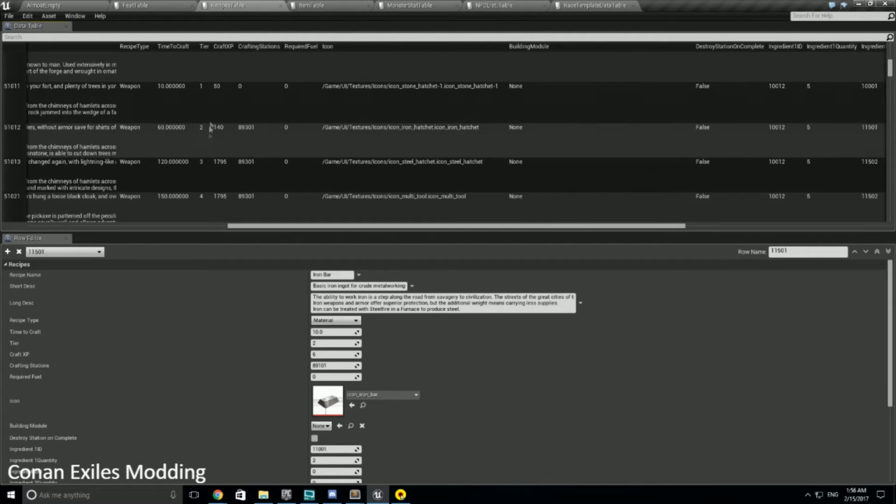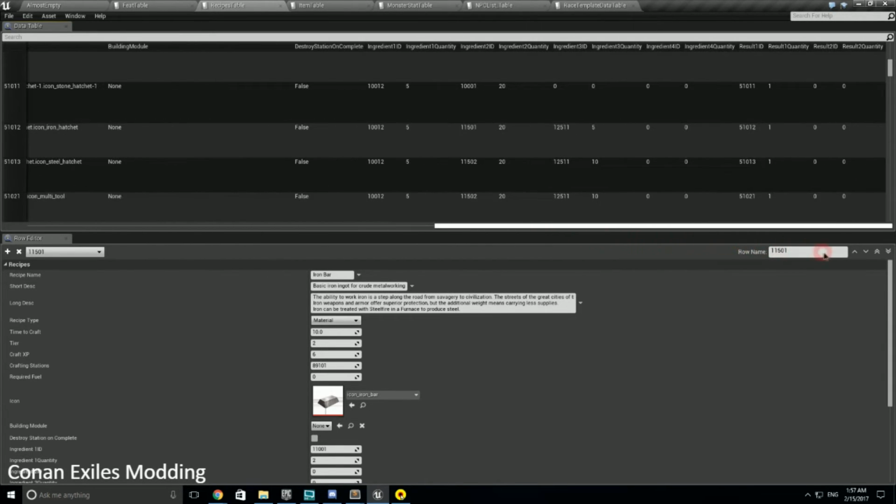The tier of craft, the amount of XP, the station that's needed. If you added a new station, let's say our technician again needs a soldering station, then we'd have to add our crafting station here. Any required fuel, the building module that it has to be in,